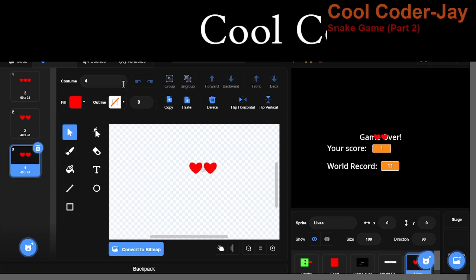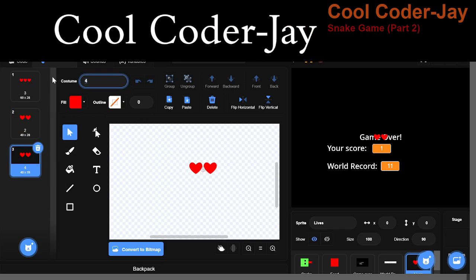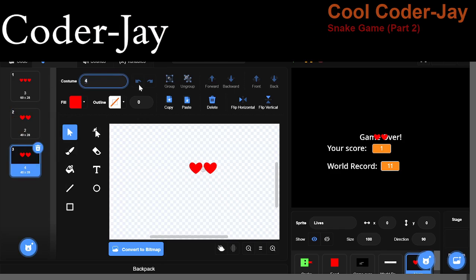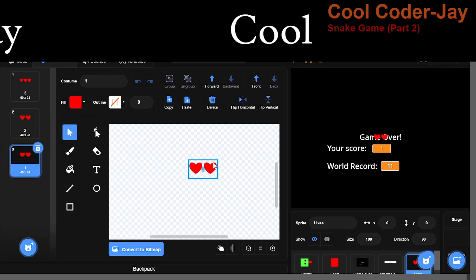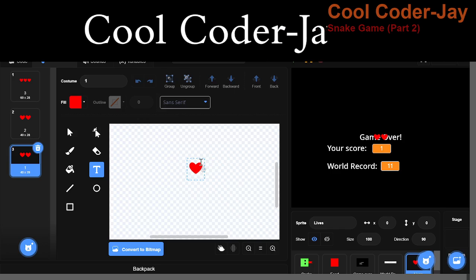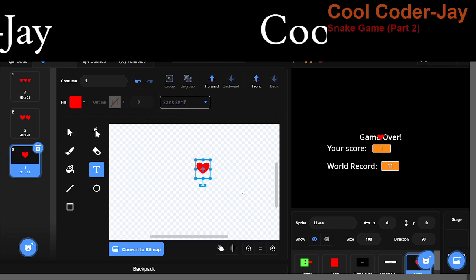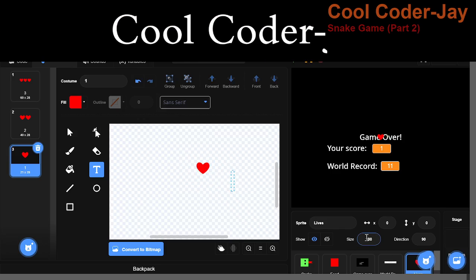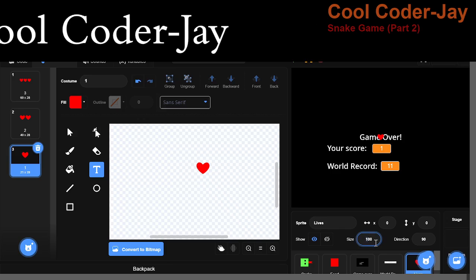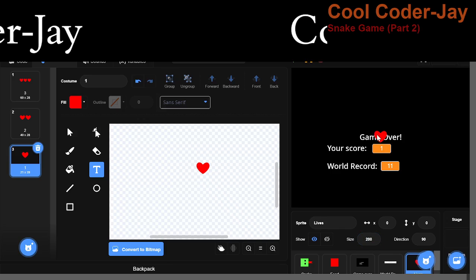Now we duplicate this again and this will be renamed to 1. Now we have to remove one heart and make it centered. Now the size of it is too small, so make it 200 here.